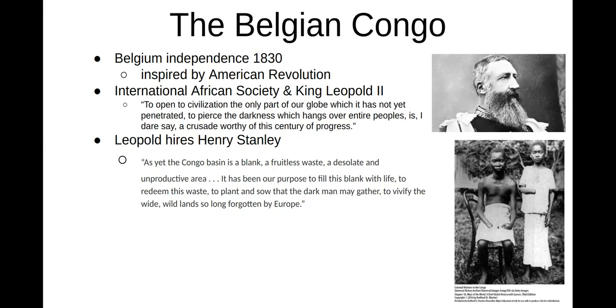"It has been our purpose to fill this blank with life, to redeem this waste, to plant and sow, that the dark man may gather, to vivify the wide, wild lands so long forgotten by Europe." You're getting a sense of the arrogance and also idiocy of this idea that peoples there need European civilization, in the sense of how Europeans see it. In any case,